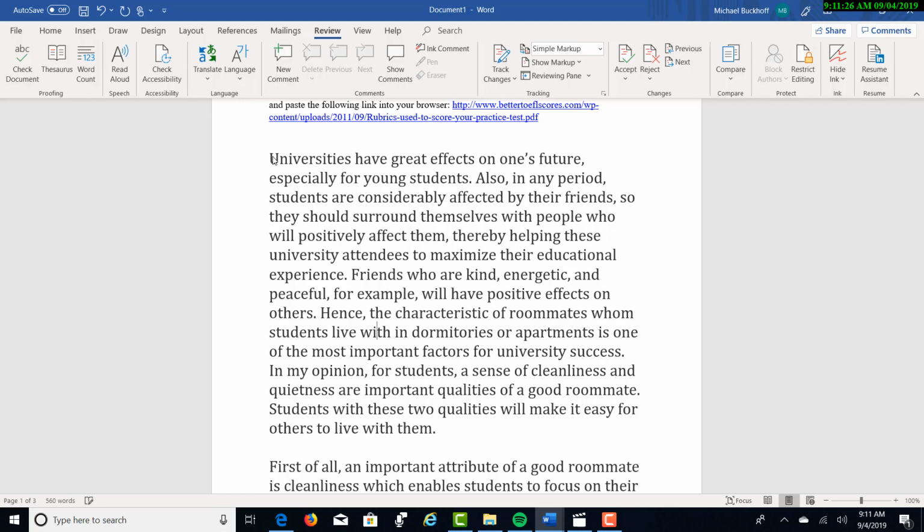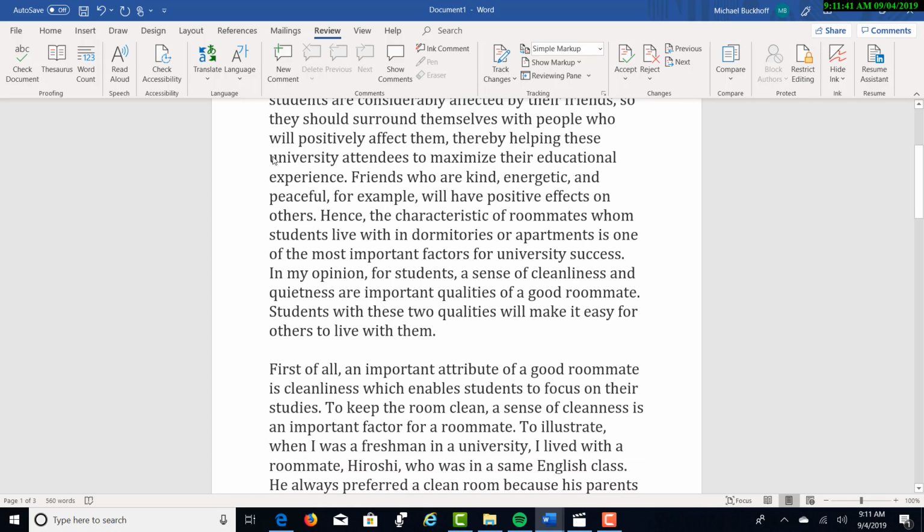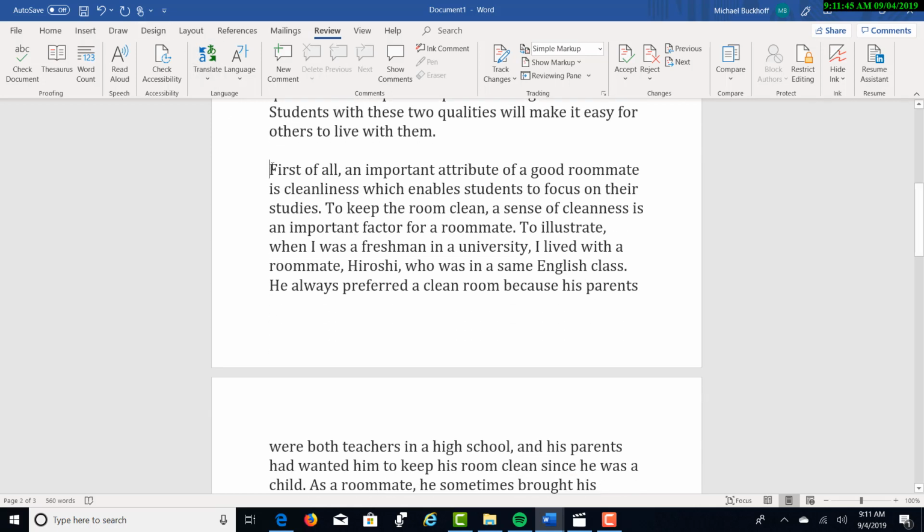The characteristic of roommates whom students live with in dormitories or apartments is one of the most important factors for university success. In my opinion, for students, a sense of cleanliness and quietness are important qualities of a good roommate. Students with these two qualities will make it easy for others to live with them. First of all, an important attribute of a good roommate is cleanliness, which enables students to focus on their studies. To keep the room clean, a sense of cleanliness is an important factor for a roommate. To illustrate, when I was a freshman